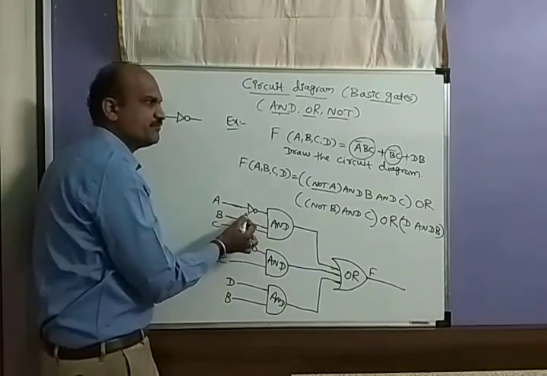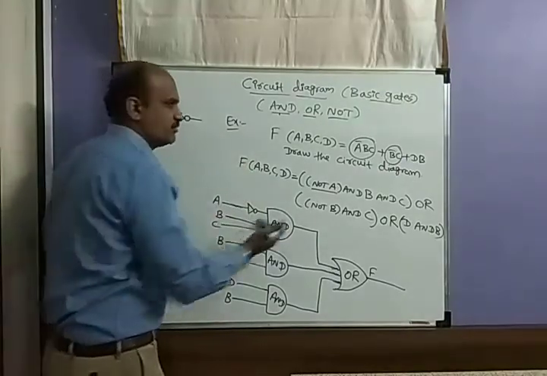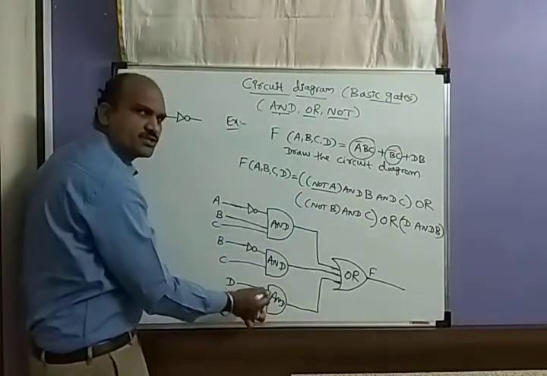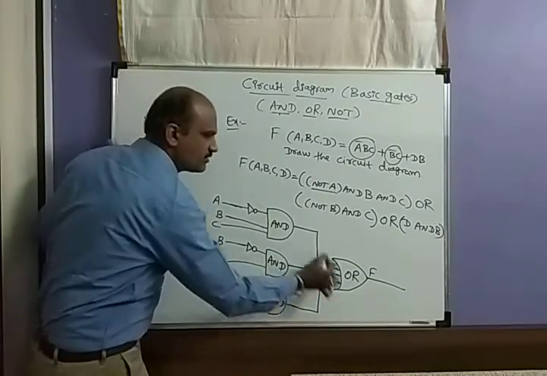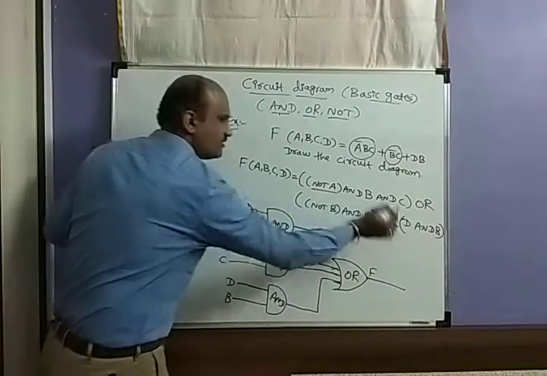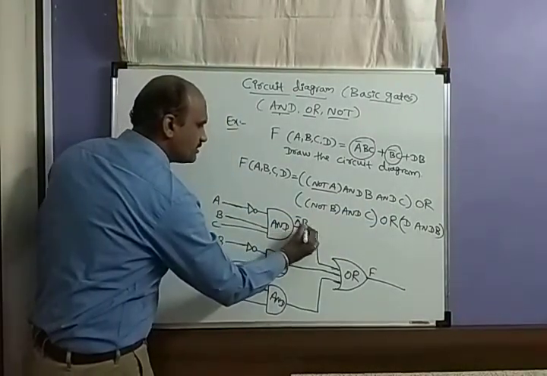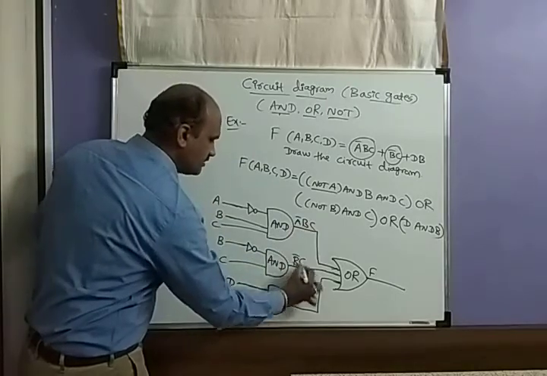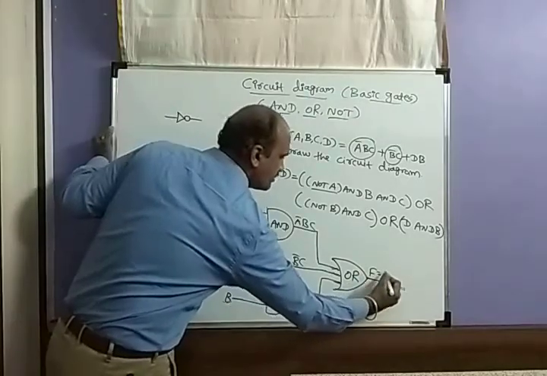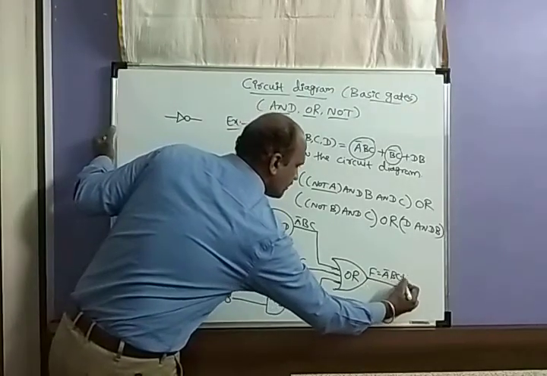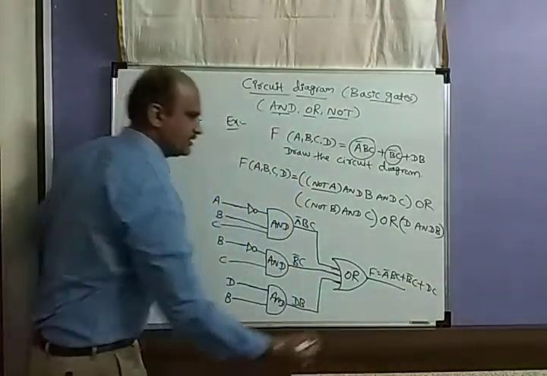Here 3 inputs. Okay. And as I told you, AND and OR gates can have 2 inputs, 3 inputs or 4 inputs. And D, B are the 2 inputs. D is one input, B is another input. All the 3 we can combine, because in between there is the OR gate. So here it becomes A bar B C, here B bar C, here DB. Okay. So lastly your final expression is A bar BC plus B bar C plus DB.